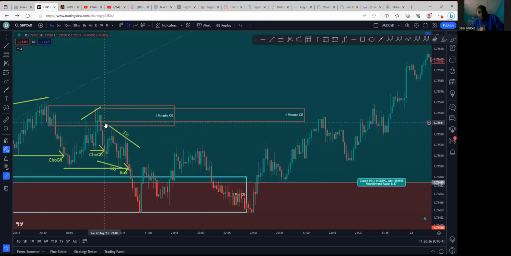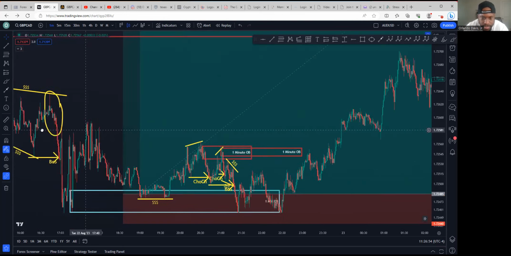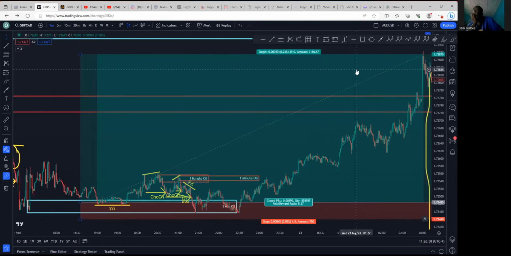Okay, you just fell short. No, it did not. It's either going to mitigate and disrespect, or it's going to mitigate it and respect it and go down. But the thing about it is, price didn't even mitigate this. So it did what? Consolidated and broke lower, right? So you knew that a bullish reversal was coming. You have one open imbalance, two open imbalances, right? You knew the bullish reversal was coming. Here's the reversal. Bam. Nice 1 to 8.